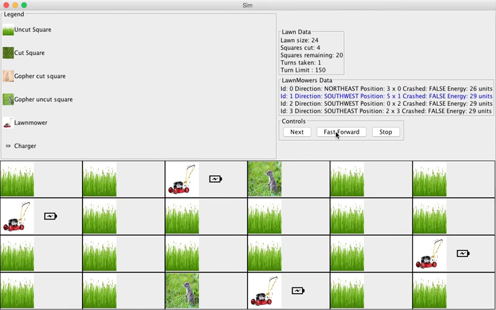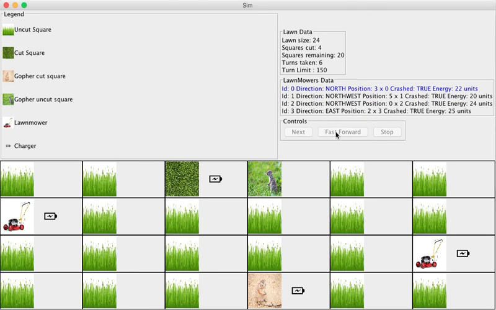Now let's go ahead and click fast forward and complete this run of the simulation. As you can see, the simulation completed when it reached the end condition of